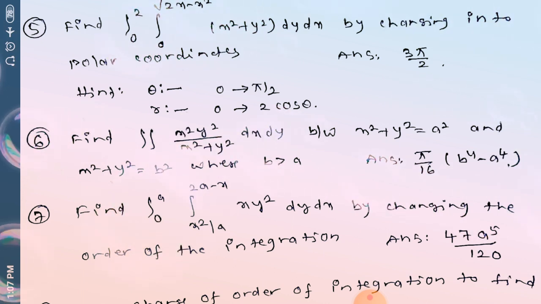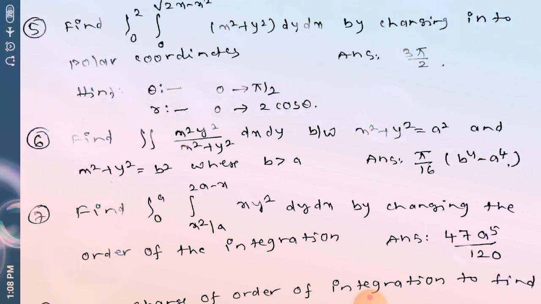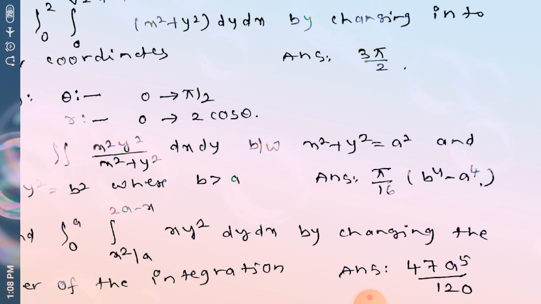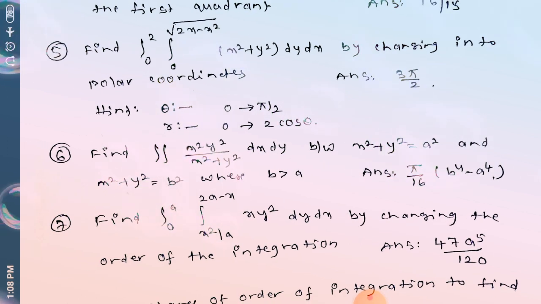Now in order to get your theta limits, since both the equations are representing circles, the circle angle is nothing but 0 to 2 pi. So by using that, r limits are a to b and theta limits are 0 to 2 pi, and just you substitute the values there, you will get the final simplification pi by 16 into b power 4 minus a power 4. Only the thing is just a simplification.